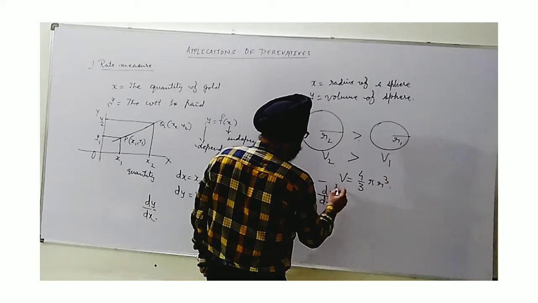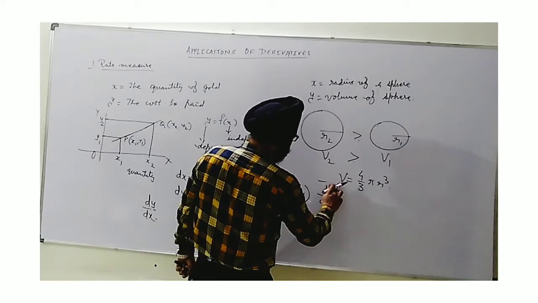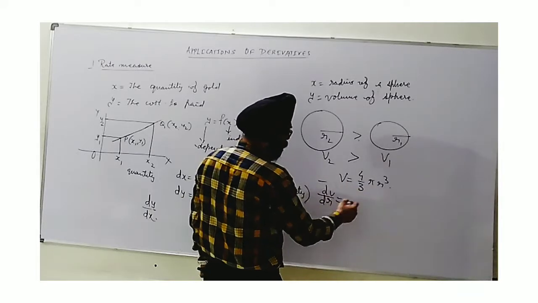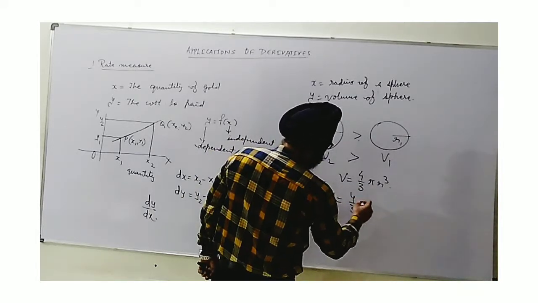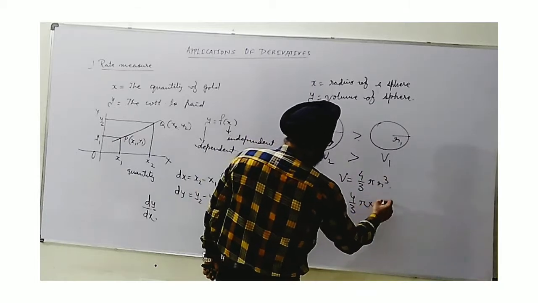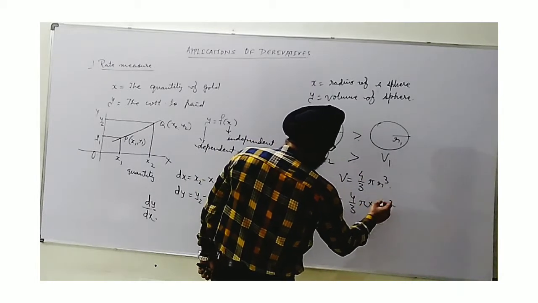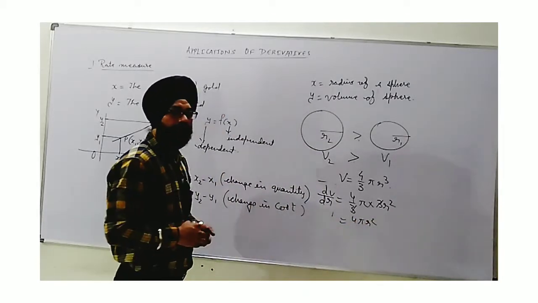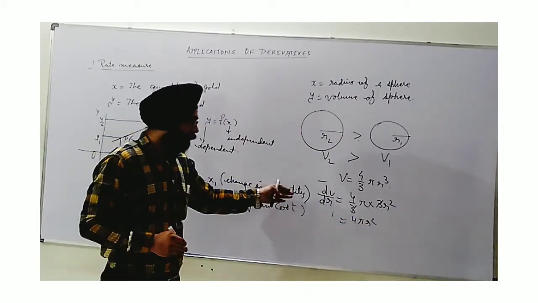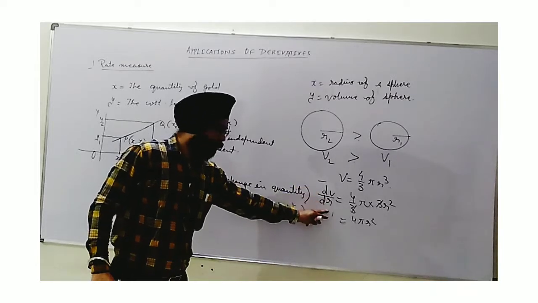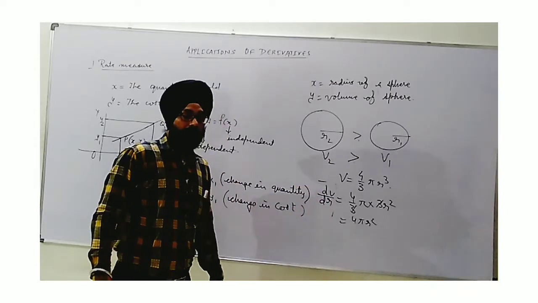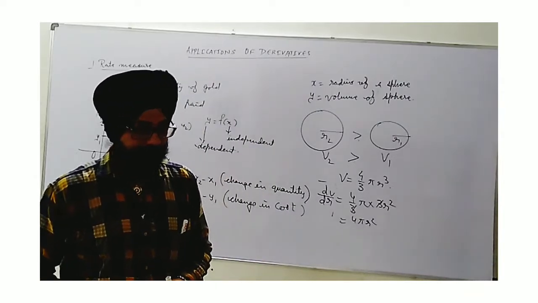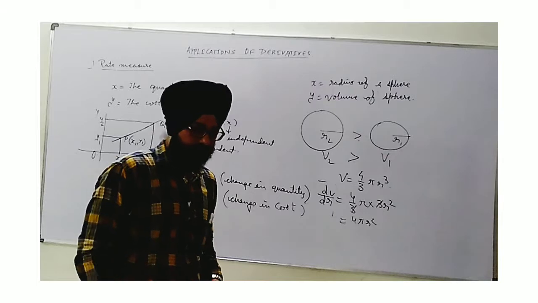So this formula directly will help us. We can find dV by dr by differentiating both sides with respect to r. So 4 by 3 pi as it is, r cube will be differentiated. This will become 3r square. 3 and 3 cancel out, we get 4 pi r square. This way we can see the change in volume with respect to radius. Now I was saying that this only is not the concept. There is a concept of relative rates, that also we will see next.